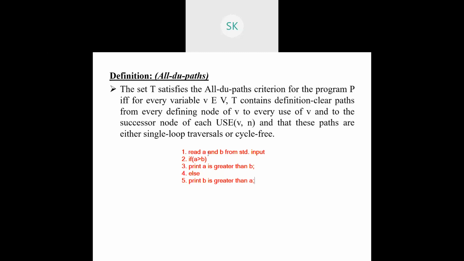Once you are identifying the DU paths, then you need to just check what that particular thing says. You need to identify the definition clear, first of all. Definition clear should be happening with respect to the identification of the DU path. So how to identify it? What is the defining node? What is the usage node? Here we have two variables. We are not talking about one single variable. We have two variables, so with respect to that, you need to talk.